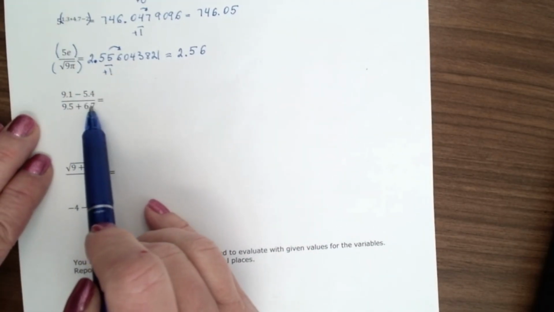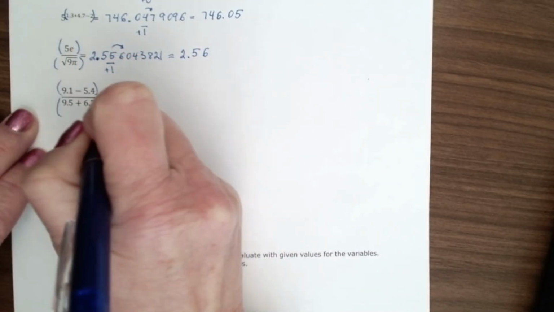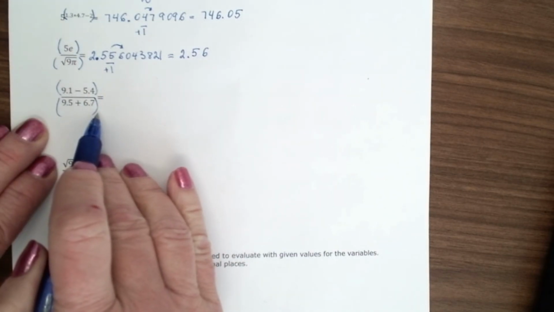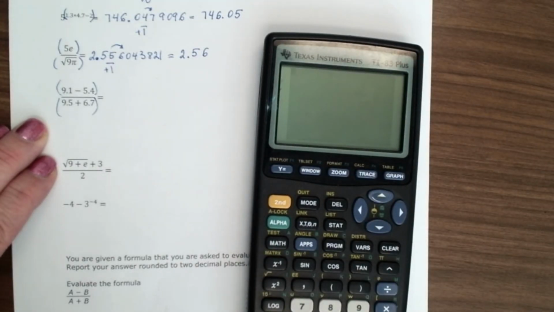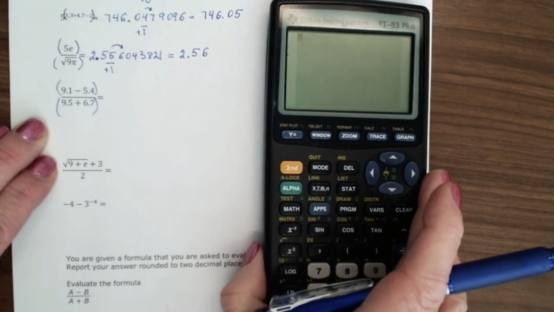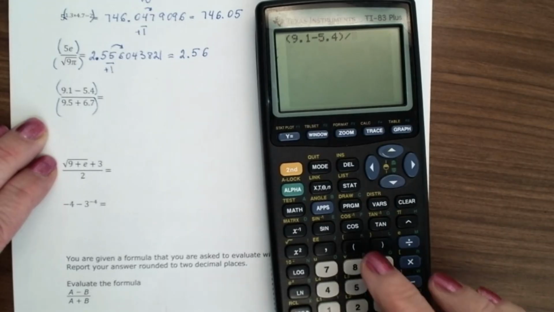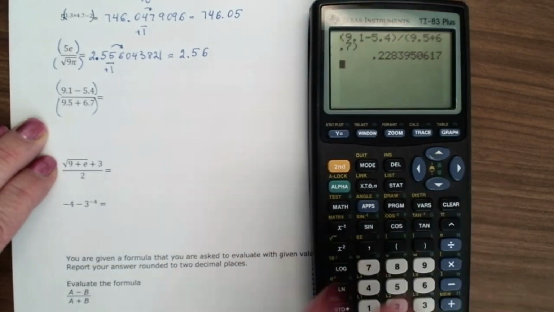Again, we have a fraction. We learned already that when we have a fraction, it's a good idea to put parentheses and do it on paper each time, so you will not forget to enter the parentheses into your calculator. Let's start. Parentheses 9.1 minus 5.4, close the parentheses, divide, open the parentheses, 9.5 plus 6.7, and it will be